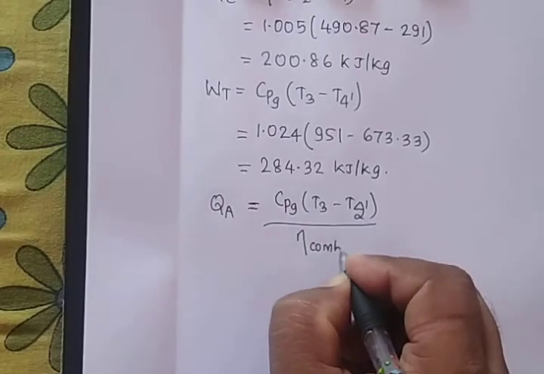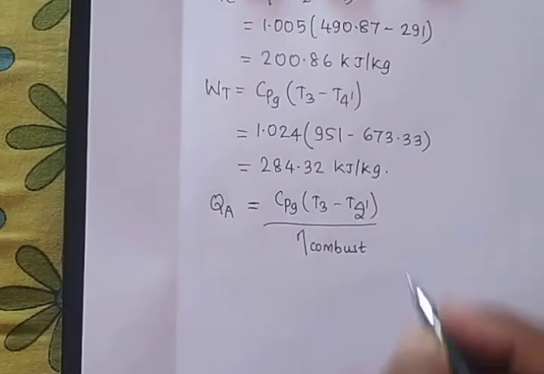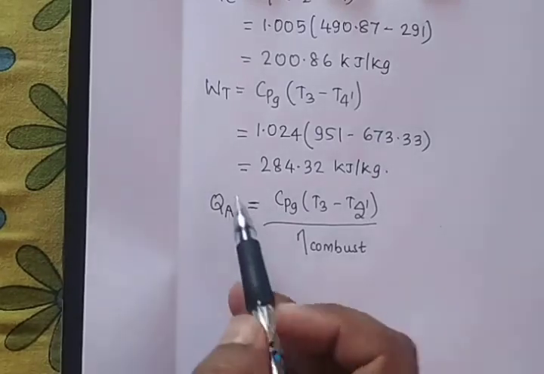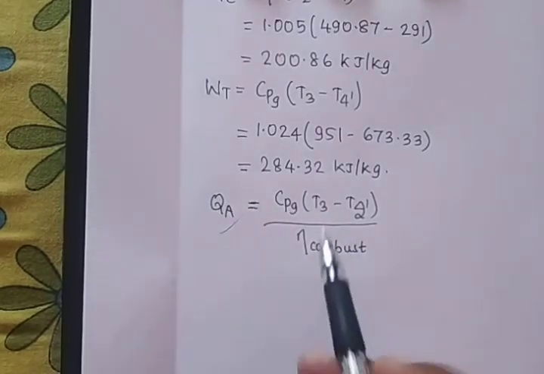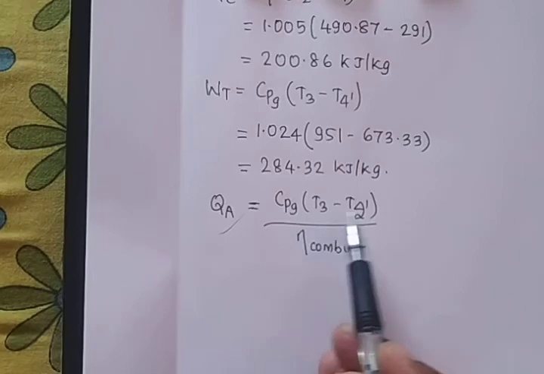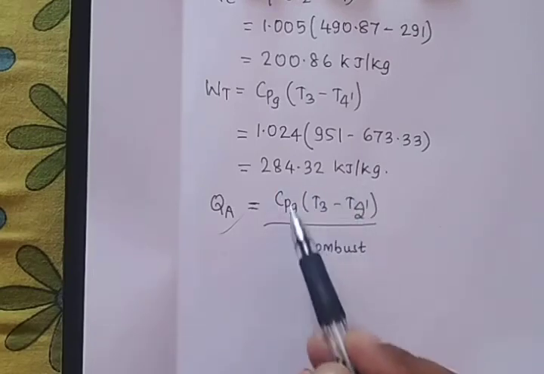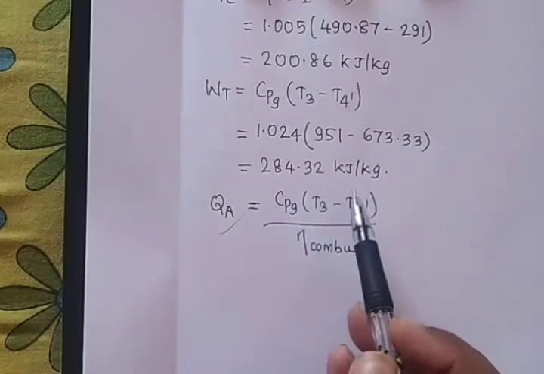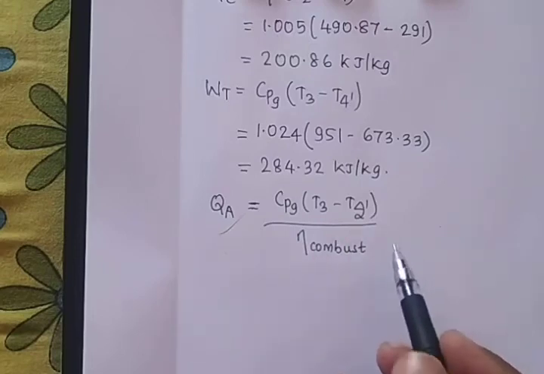So we need to first find out the efficiency of combustion, that is heat added QA will be equal to Cp T3 minus T2 dash, where ideal heat is added, divided by efficiency of combustion, that is